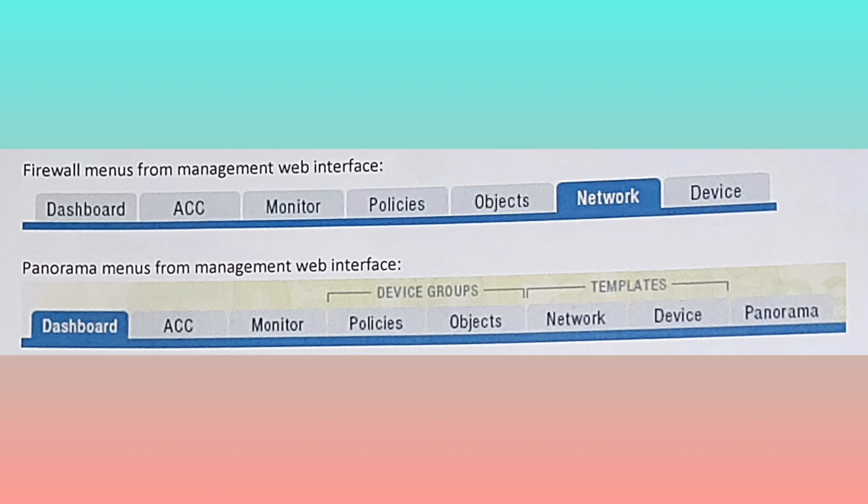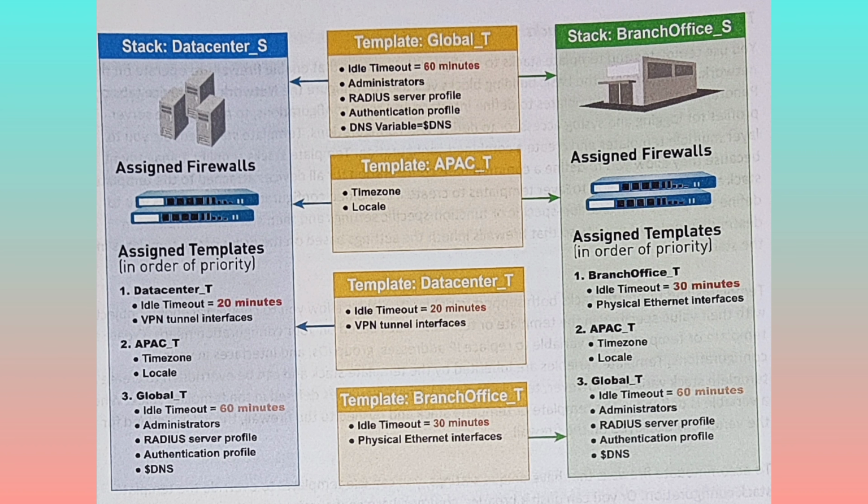Panorama uses device groups and templates to group firewalls into logical sets that require similar configuration. You use device groups and templates to centrally manage all configuration elements, policies, and objects on the managed firewalls. Panorama also enables you to centrally manage licenses and software like PAN-OS software, SSL VPN client software, GlobalProtect agent or app software, and content updates: application and threats, WildFire, and antivirus updates.